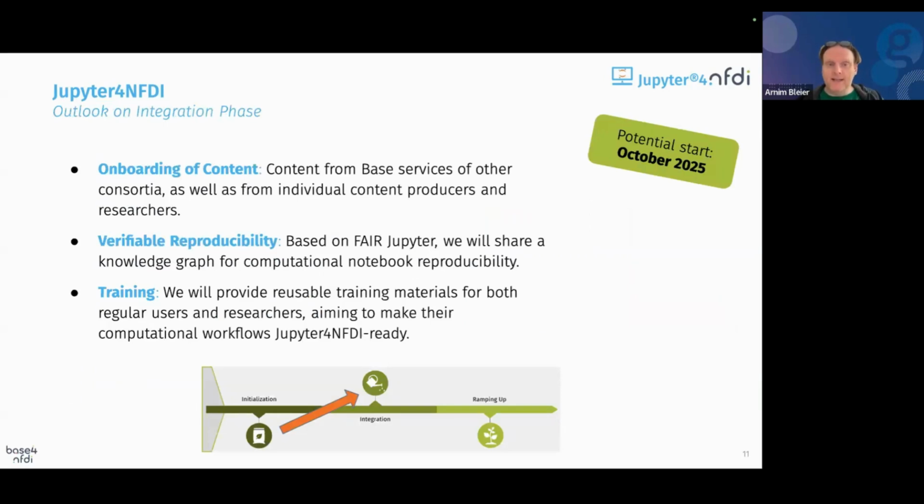So where are we currently standing? We are almost at the end of our initialization phase. So we are currently hoping that we can move forward to the next phase. And I think integration is absolutely the right phase for us, since now it's about bringing that external content into the picture. Now it's really time to integrate with other base services, but also enable researchers and have there the integration route. For that, we also want to make it easy for people to onboard content. And we have something like office hours where you can pop by, and we will help you to make that